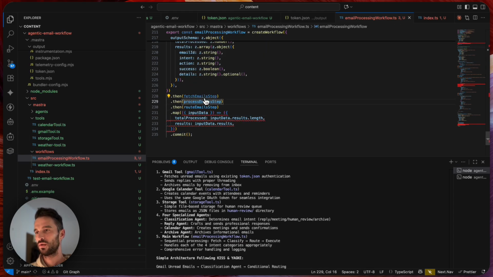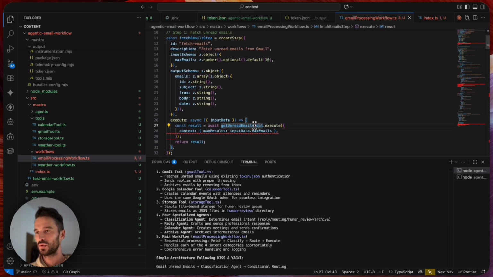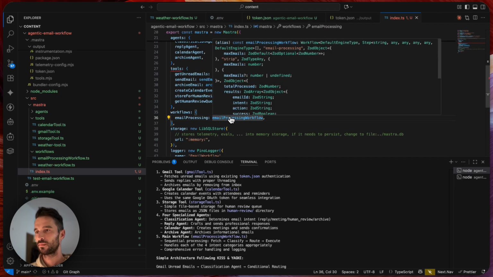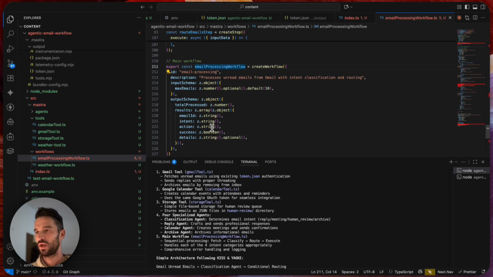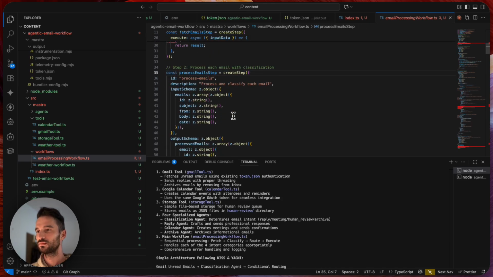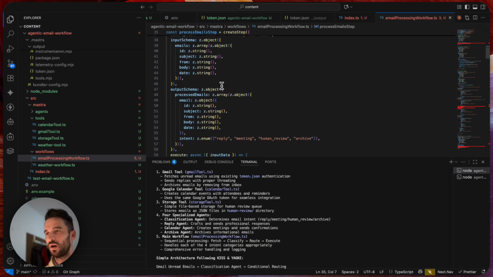So if we go now here to the fetch email step, here we use the get unread email tools for getting all the unread emails. Then we have the process email step. What do we have here? Process and classify each email. So here's the magic happening, where we then